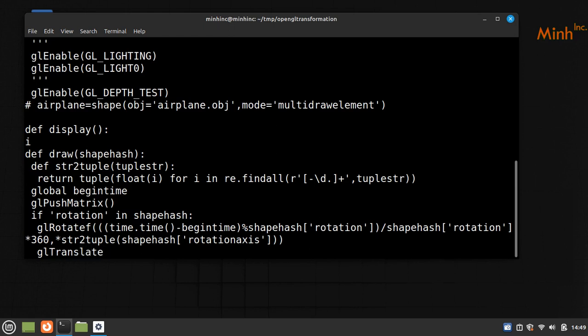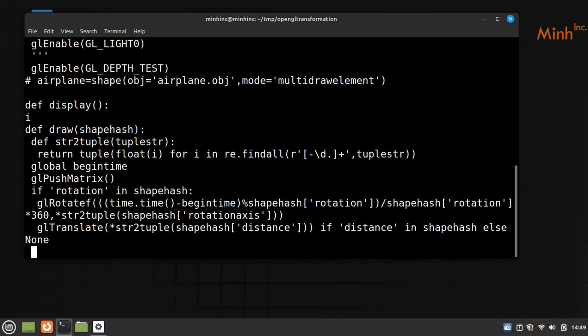GL translate str to tuple shape hash distance, if distance is available in shape hash, else none. If rotate on axis, like earth, it rotates on its own axis. If rotate on axis in shape hash